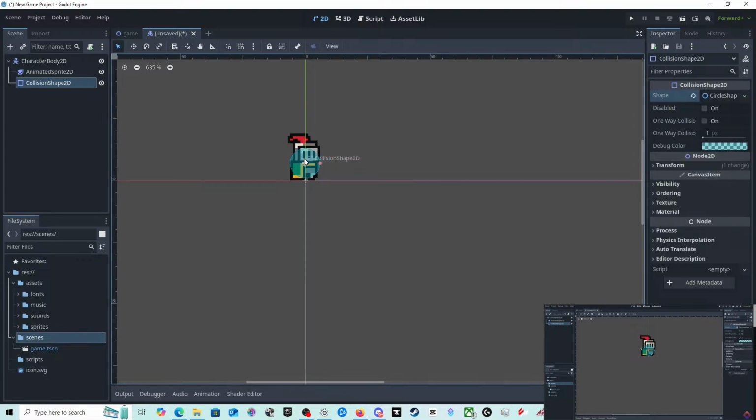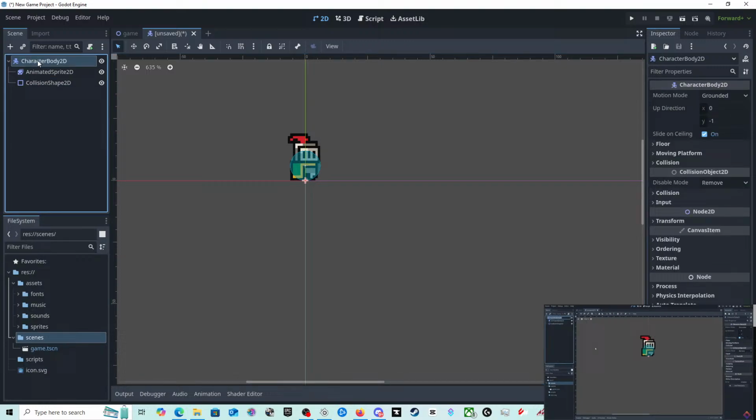Now you're probably thinking, well, this is pretty far from our actual graphics, but that's totally fine. Colliders rarely need to be very precise, and it's a good rule of thumb to make them a bit smaller than the graphics if you need to. Having colliders that are too large is simply going to be frustrating when playing. So let's now rename the top node here to player. And let's save the scene, Control S, as player, hit save.